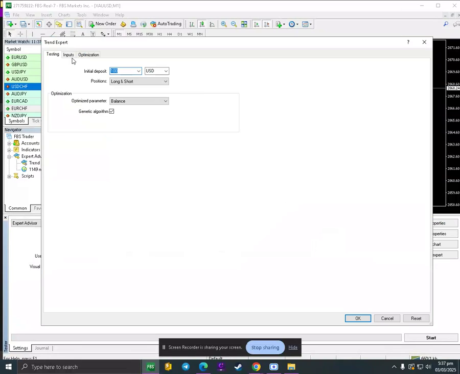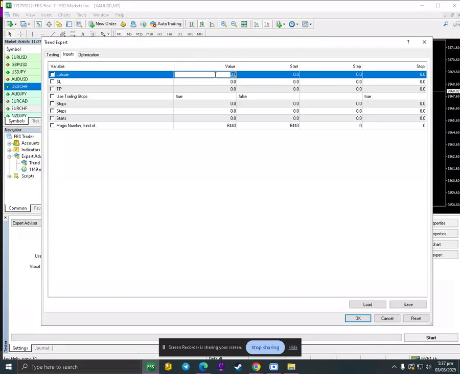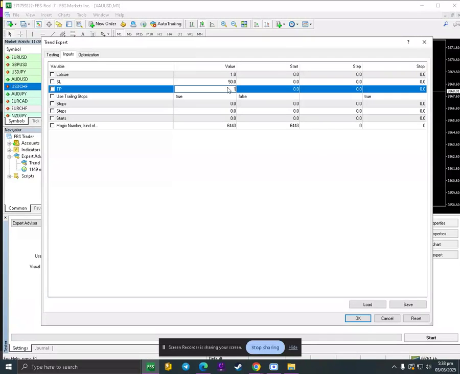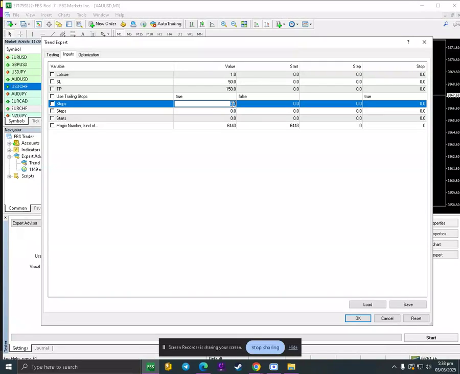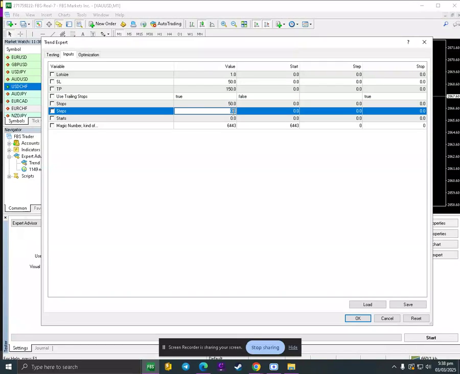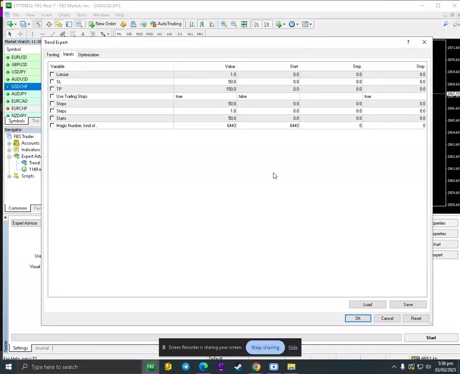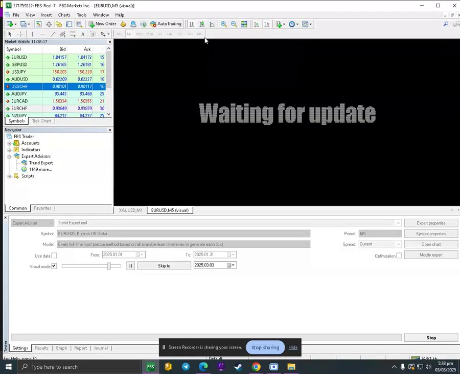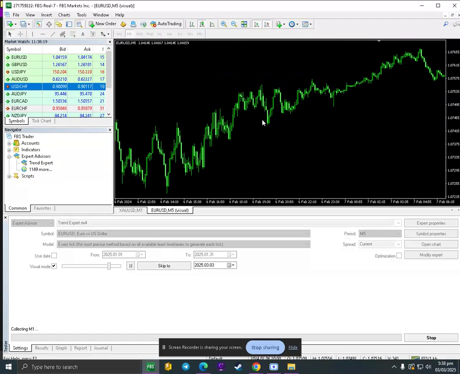Just go to the inputs, and we're going to be using one lot, for example, and then the SL will be 50, and then 150 pips for the TP. The trailing stop will be 50, then 1, then 50. This is just an example, guys. We're going to see if the EA follows our conditions. Let's start this one.